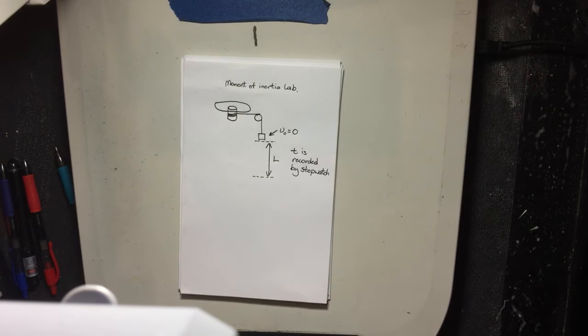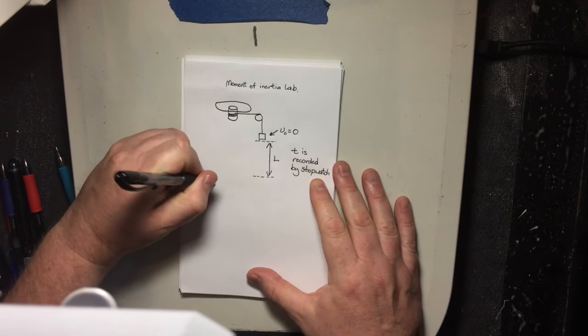So you have an object that falls a particular height L, starts with an initial velocity 0. What can you do with this information? Well, remembering test 1 material, this sounds a lot like a one-dimensional motion problem, where